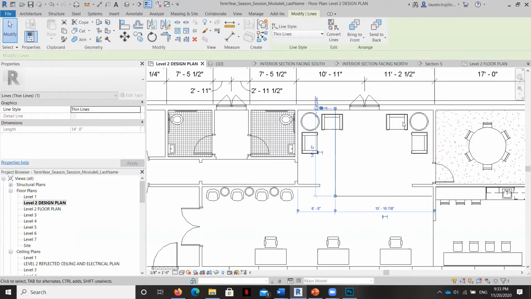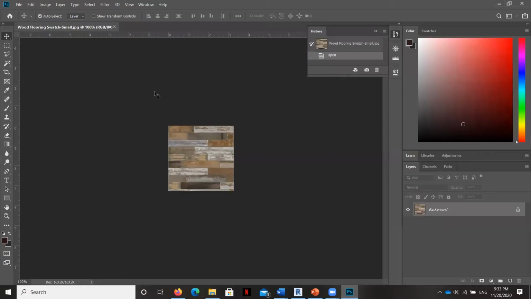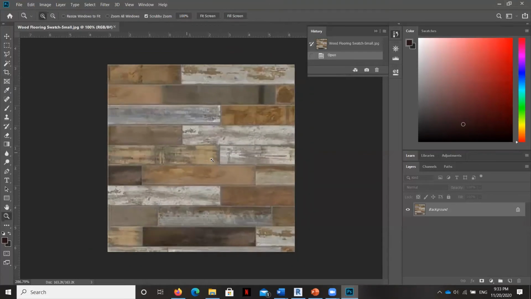In any case, let's go ahead now, and I'm going to go to Photoshop, and I'm going to open the swatch that we used from the exercise where we found a swatch online and tiled the floor. Now, this swatch here you can see is 3 inches wide by 3 inches wide in Photoshop. But in the real world, we already did the math and we imagined that each of these planks was around 4 feet wide. So 1, 2, 3, 4, 5, 6, 7, 8, 9. So this swatch in real life is 3 by 3.